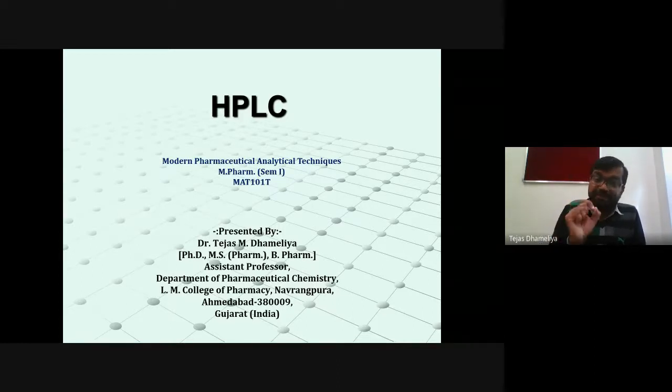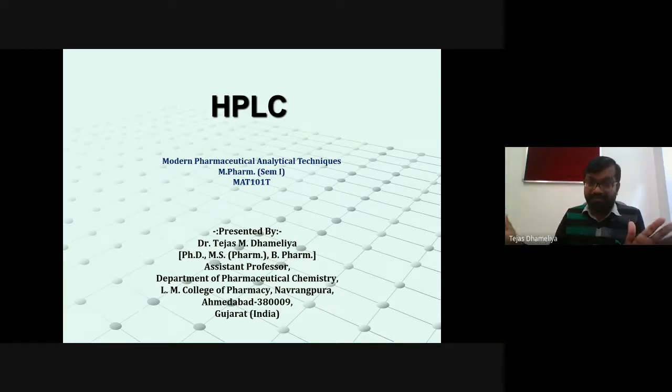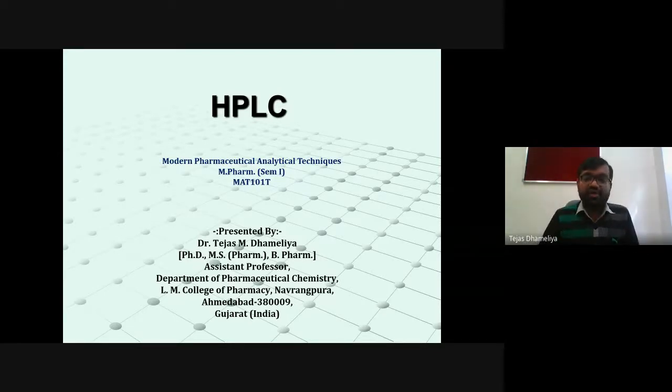Now let me tell you why it has high performance. The separation efficiency is at par when using this chromatographic technique. Separation is excellent. We just have to prepare the sample and inject it into the injector, and then the separation will be achieved and we will observe the chromatogram. Most of our load is released.